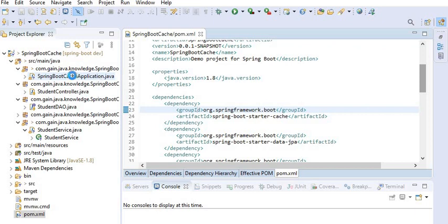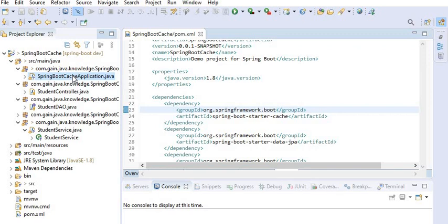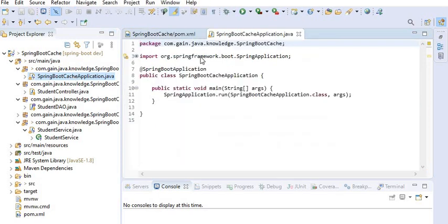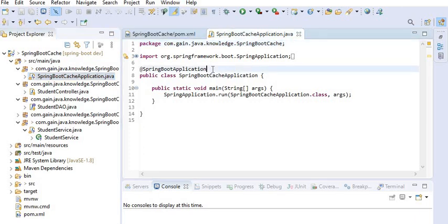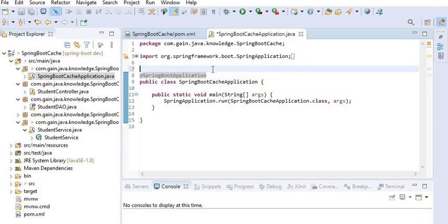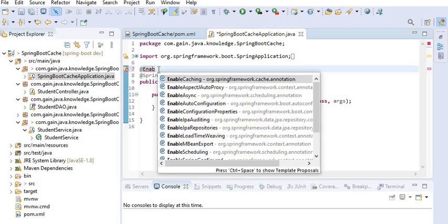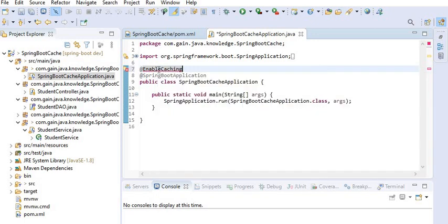Now I will go to my main class, that is the Spring Boot cache application. If we want to enable caching in our Spring Boot application, here we need to declare an annotation, that is @EnableCaching.